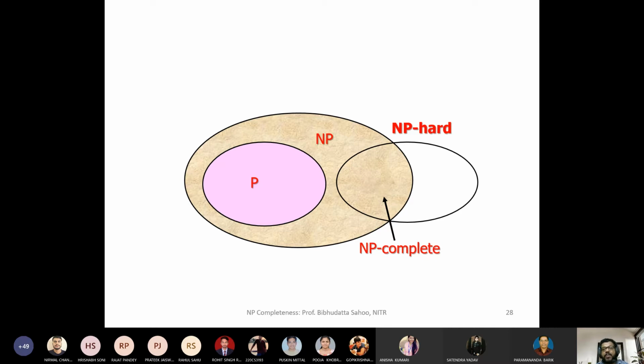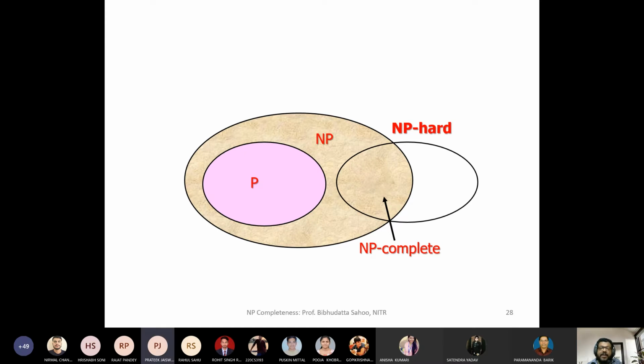So does it belong to P or NP? NP. Because you see, it completes in polynomial time, right? Your algorithm terminates in polynomial time. For some inputs, it yields the result. For some inputs, it is not going to give you the solution. Then what can you say about your problem? My problem belongs to NP.